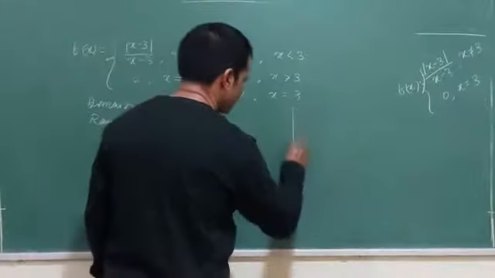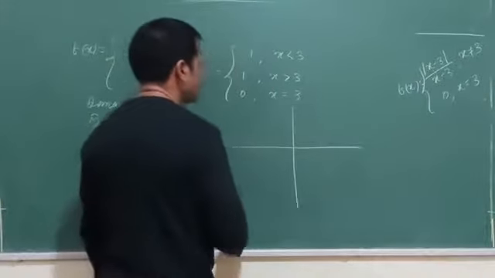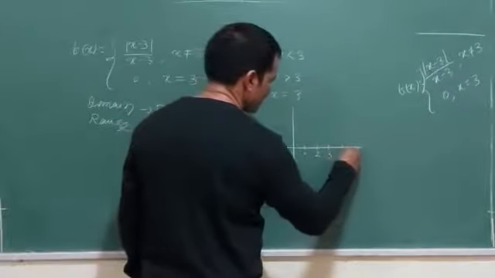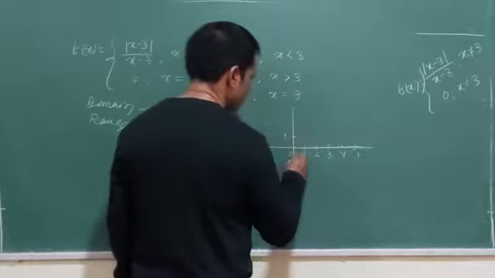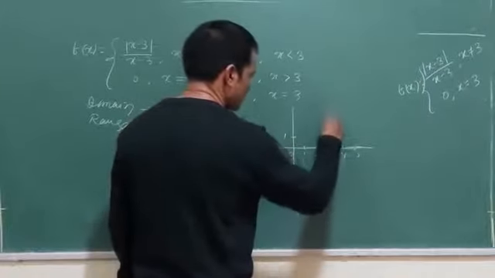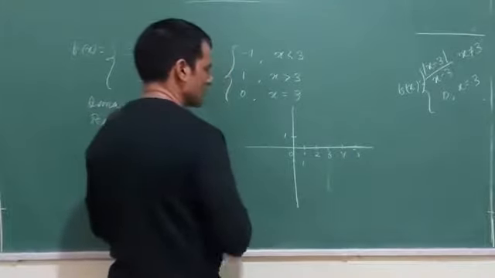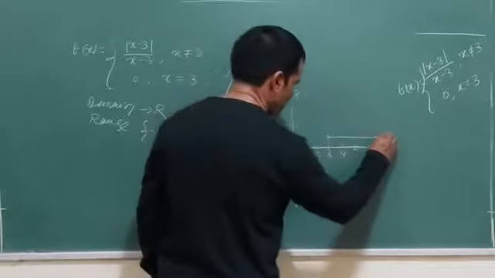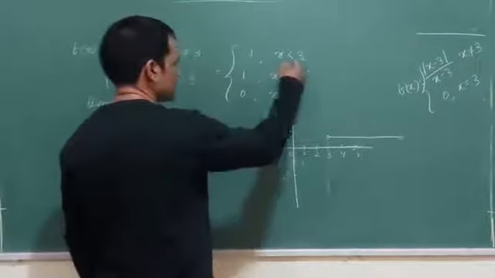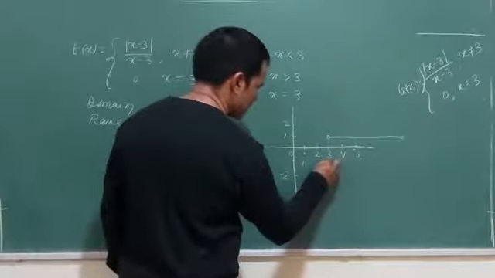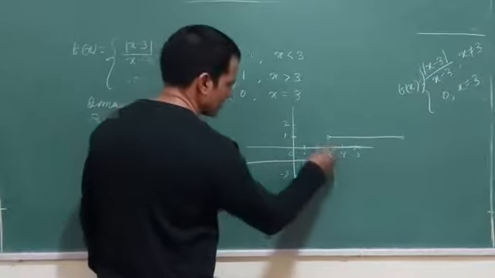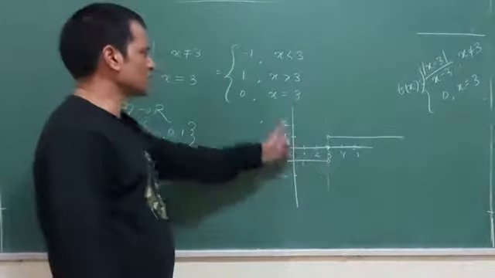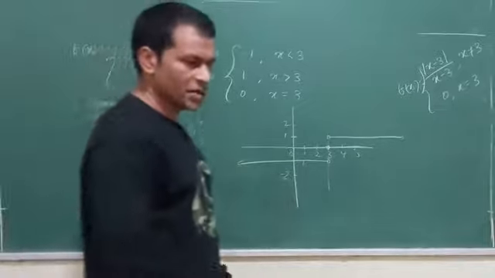There will be a little change in the graph. The partition value is 3. This is 0, 1, 2, 3, 4. This is 1. This is minus 1. Draw a parallel line at 3, the partition value. Alright. The graph will go this side. The first part, x greater than 3. Here it will go at minus 1 this side. And at 0 is the point. This is the origin shifted to 3 because the partition value is 3. Okay?